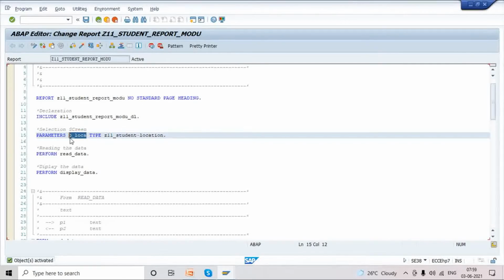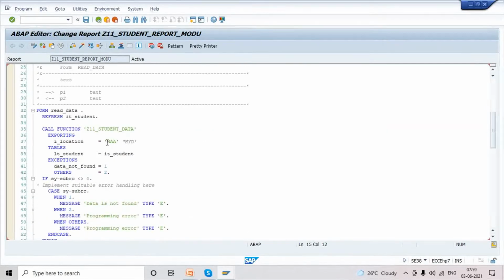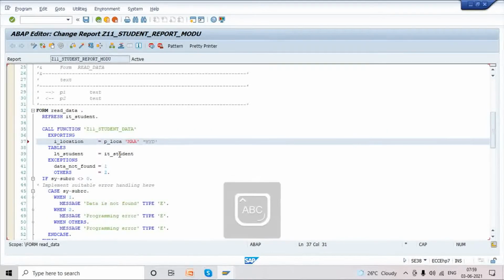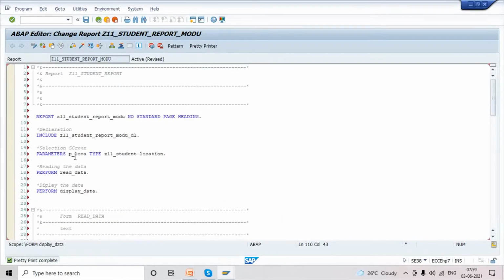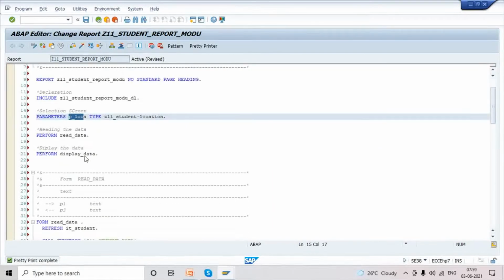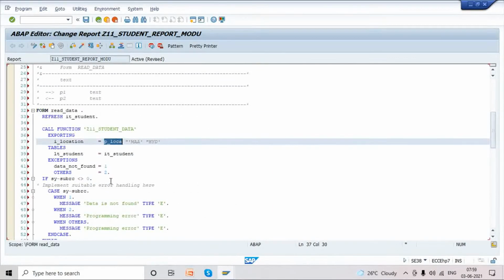So this p_location I'm passing to this function module. Whatever we selected, that data will be stored here. The same data we are passing to the function module. Okay, activate the program.